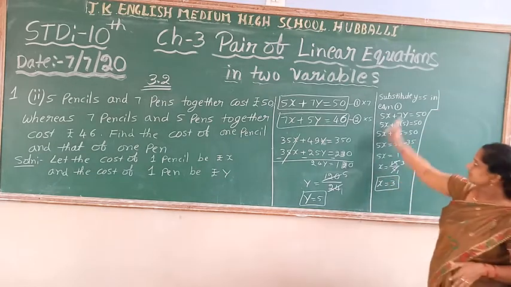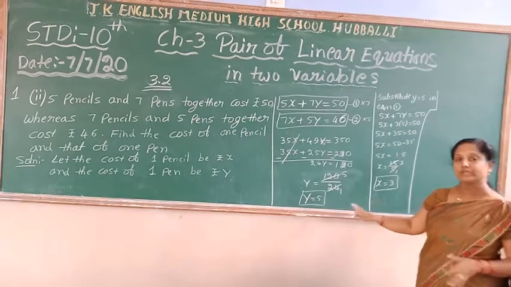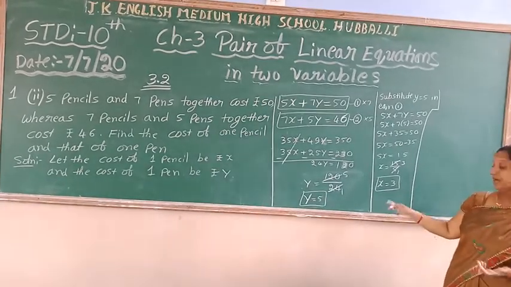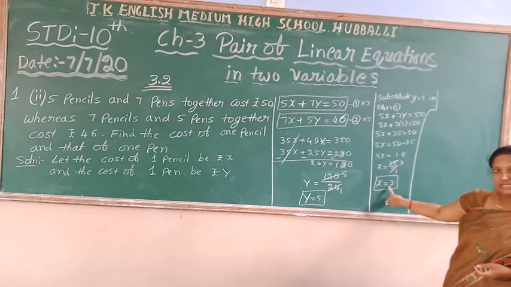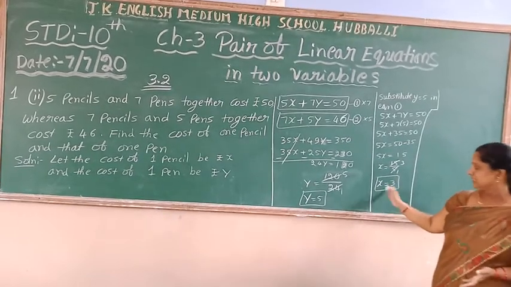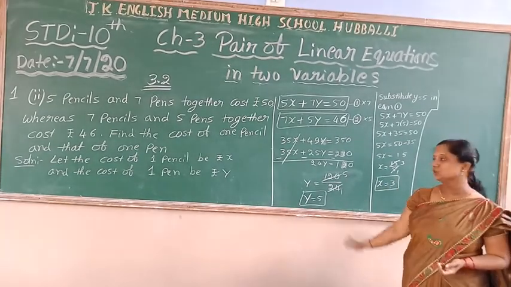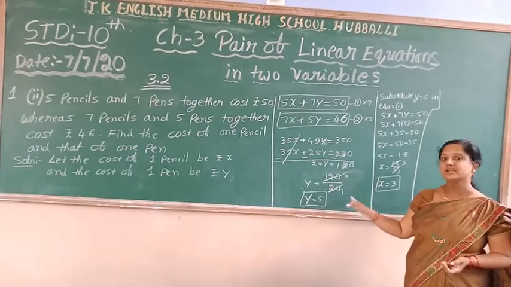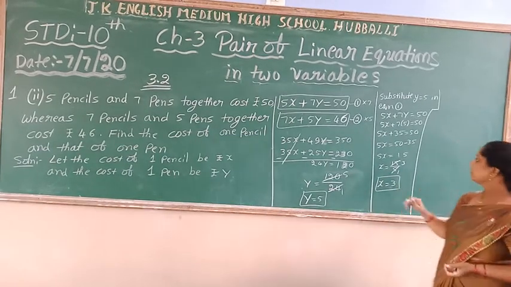This is extra actually, but we come to know beforehand what the value is. Then if I substitute 3 in place of x, that is the solution. 3 and 5 are the solution. We come to know if we solve it this way. And you have to substitute compulsorily in the column.